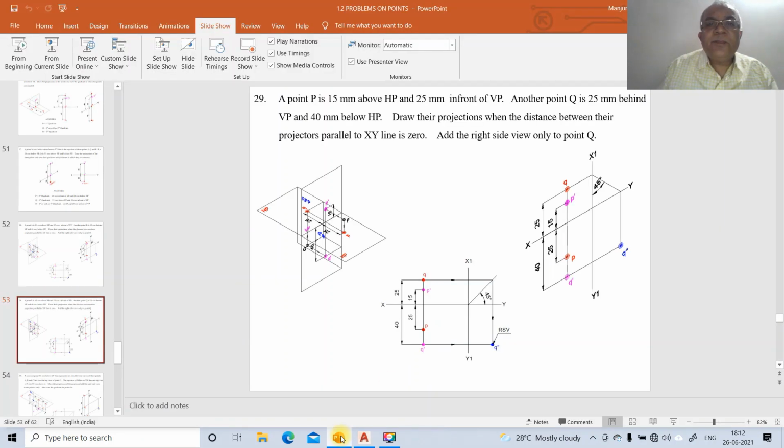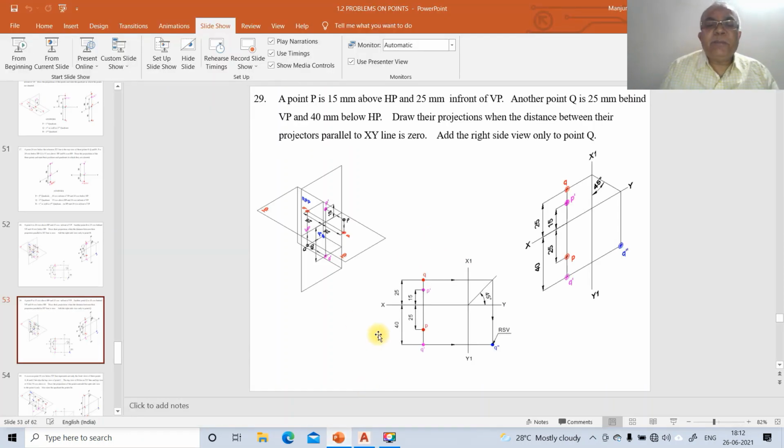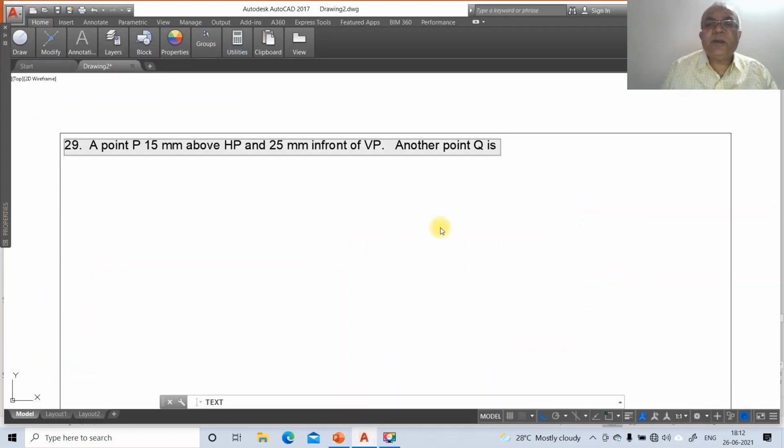Another point capital Q is 25 mm behind VP and 40 mm below HP.